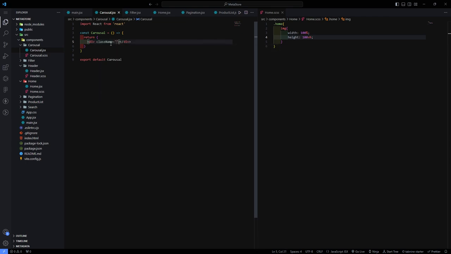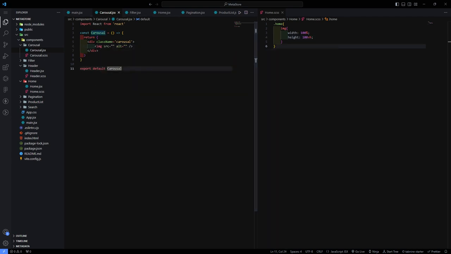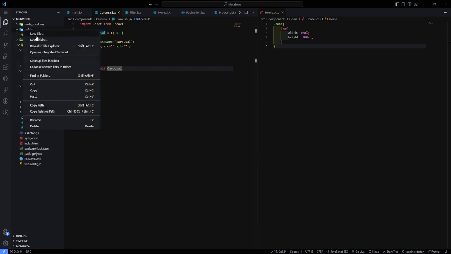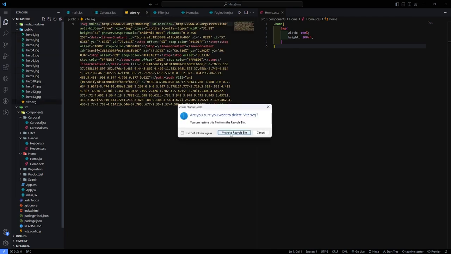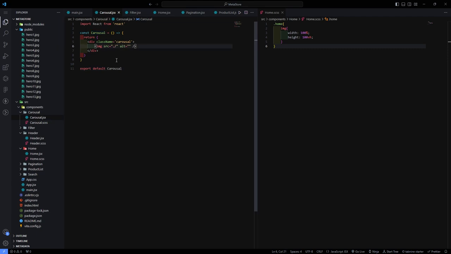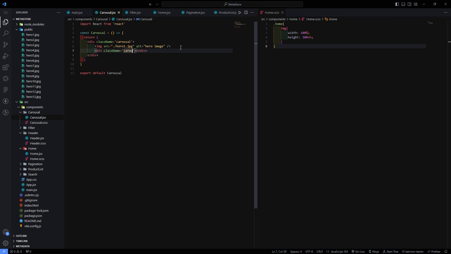Now press Ctrl and go to the carousel component, and inside this remove this carousel and give it a class name of carousel, and we have image, and I just copy all the images and paste it inside the public folder. Look, we have all the images here. Delete this SVG. Here just write hero1.jpg, and here alternative hero image, like that. After this image we have a div and class name is carousel